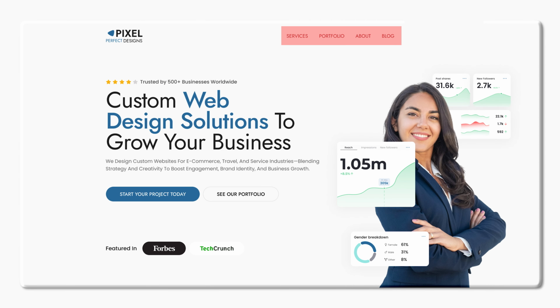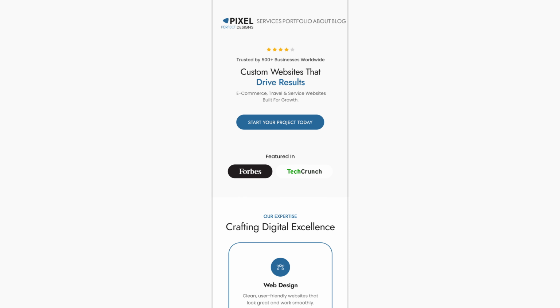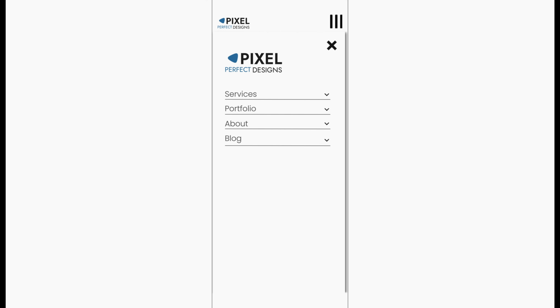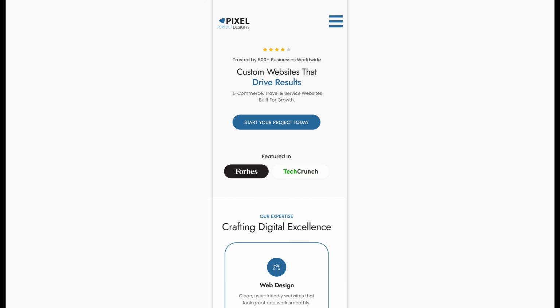Your desktop navigation has space for lots of links, but on mobile, that space disappears. If you keep all your links showing, they will be tiny and hard to tap. The fix is simple. Use the hamburger menu. It hides your links behind an icon and reveals them when users tap it. This keeps your design clean and your header uncluttered.